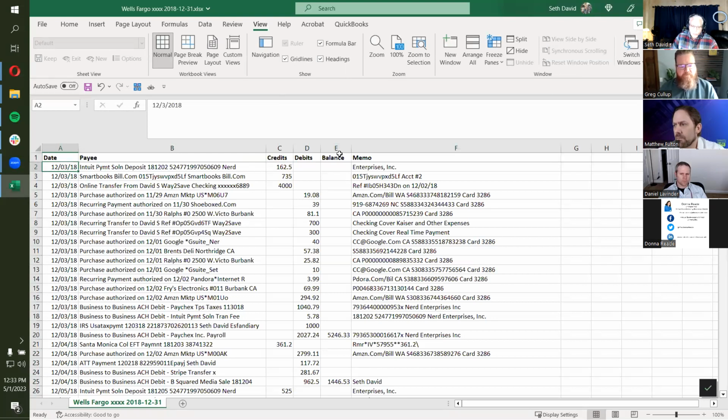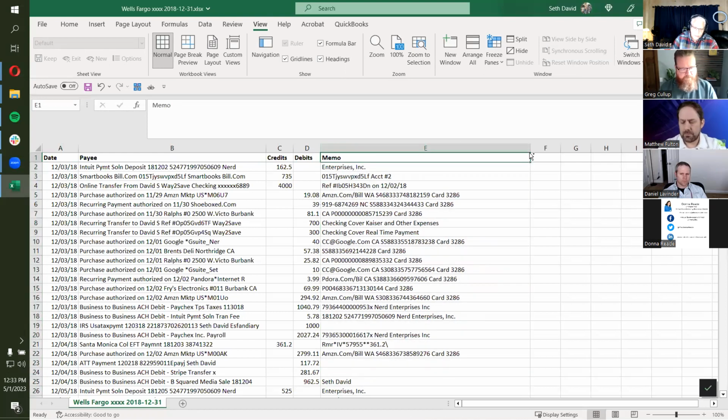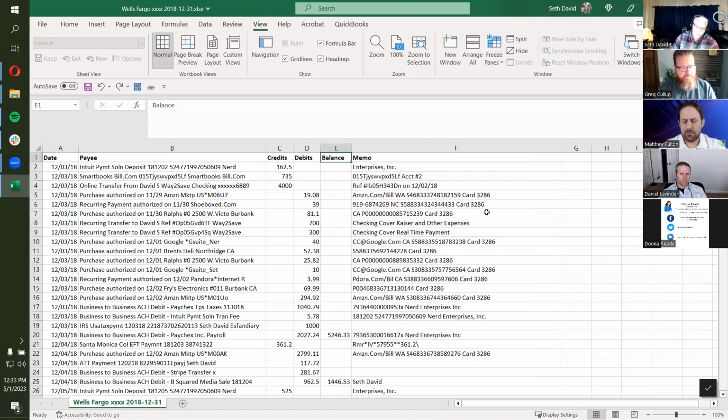Okay, let's remove the balance column because I don't really care about the balance for this purpose, right? By the way, another thing I do before I do that, I just undid that, Control Z. I always like to preserve what I've downloaded just in case I need to get back to it, so I don't have to go back onto the bank account website and download it again. So this trick always blows people away.